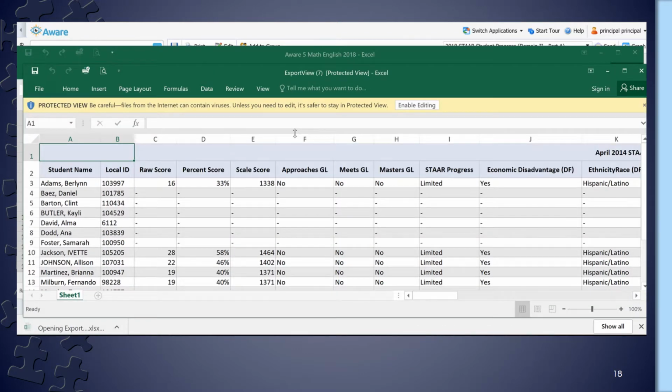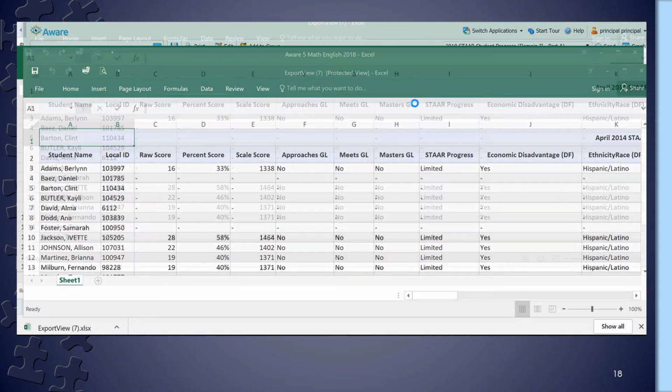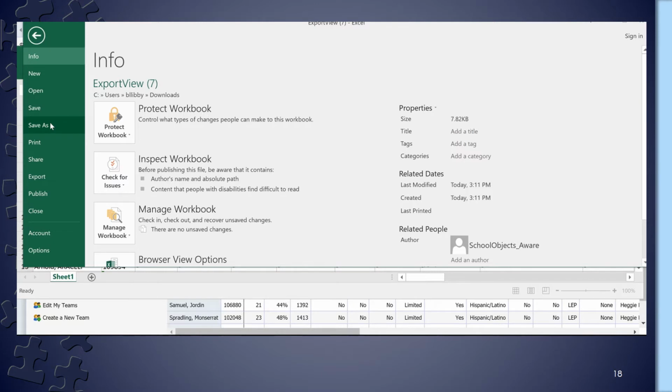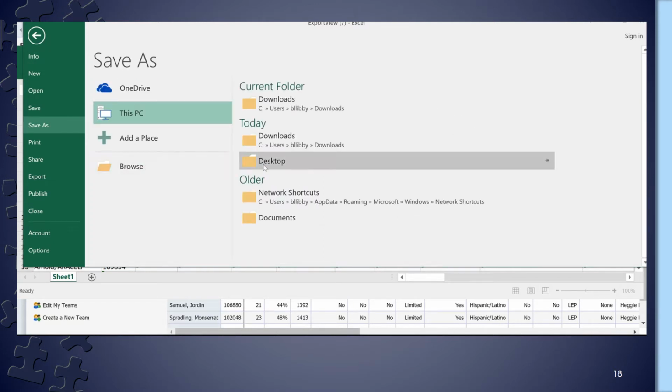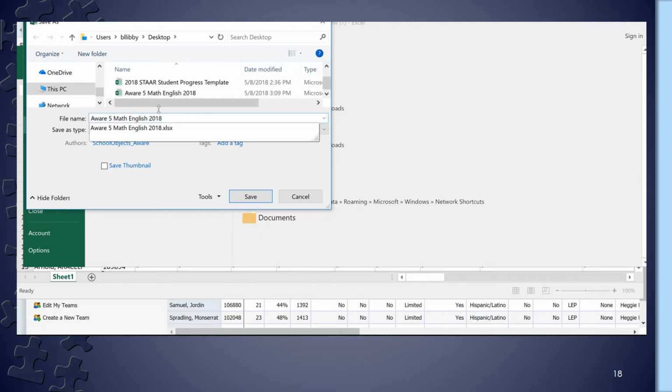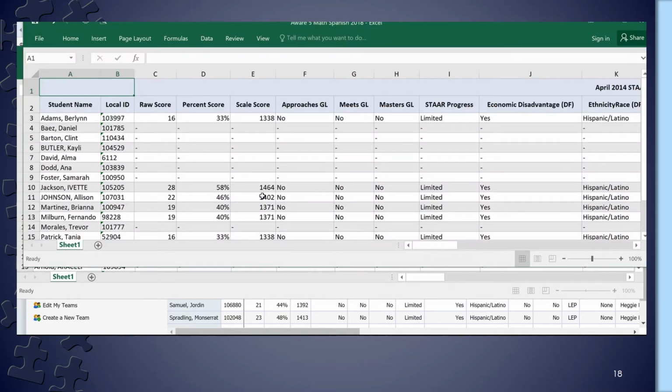So before I even copy anything, I'm going to enable editing, and I am going to save this on my desktop as a Spanish file, S-P-A-N-I-S-H. Okay, so there we have our Spanish information, and now we don't need to copy all of it because